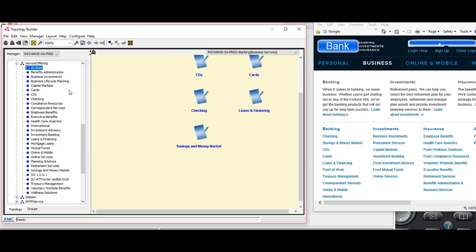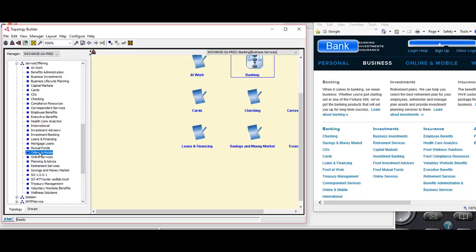Now all of this can be done programmatically. You don't have to use the GUI, but it makes it very easy, and in a matter of minutes really you can construct a pretty nice representation of any business, no matter how large, using these broad categories of business objects. So now, just to finish out here, we have treasury management, correspondent services,